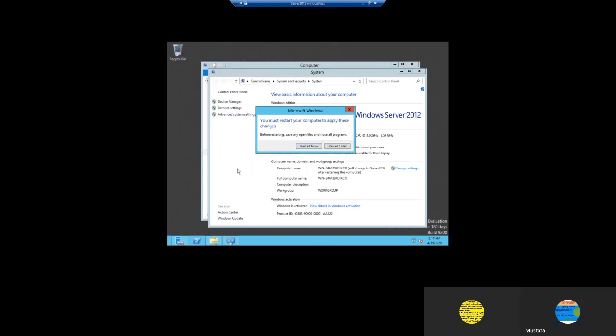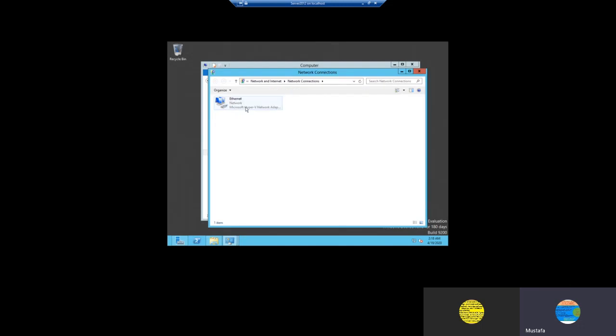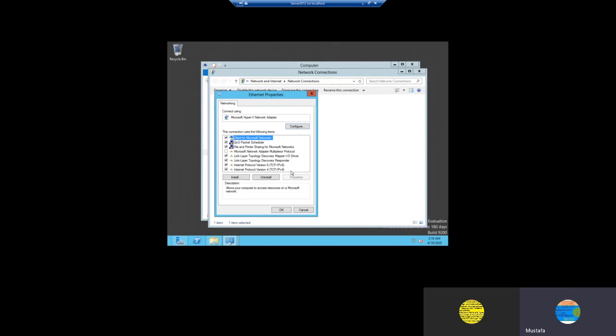Okay. So we have to reboot this server to make that name take effect, right? And also you can configure the IP address as per your requirement. I have provided the IP address in automatic DHCP mode, so it has already taken the default IP address, subnet mask, gateway, DNS, and everything.